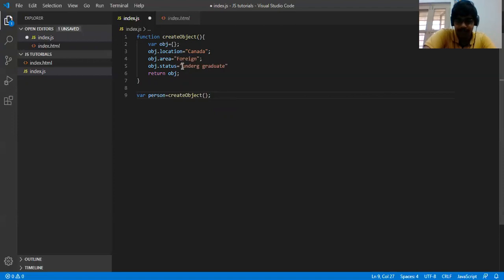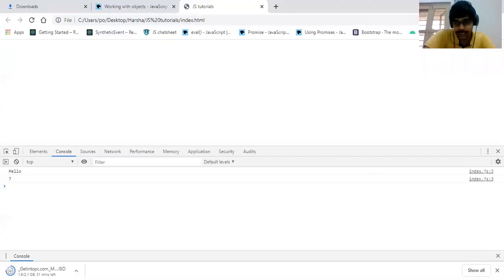Now what I did was, since it returns the object obj, the returned value obj is stored inside the variable person. Now if I go to the browser's console and access the person object,